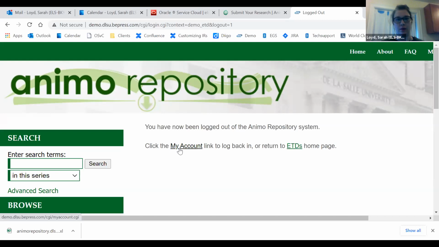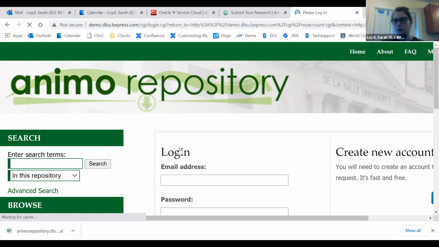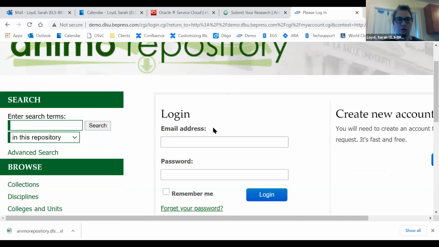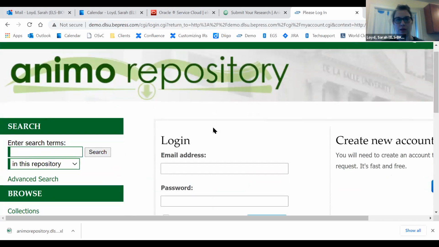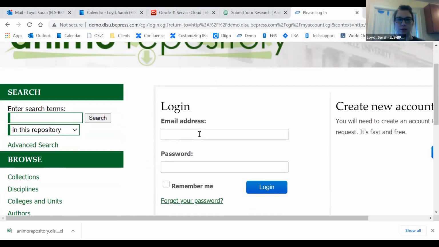All right, I'm gonna go ahead and log in. If there are questions, I know it's tricky when it's a big crowd, but I'm happy to take them. I'm going to log in as an administrator. I'm going to put in my email here. For everyone on this call, it will be your